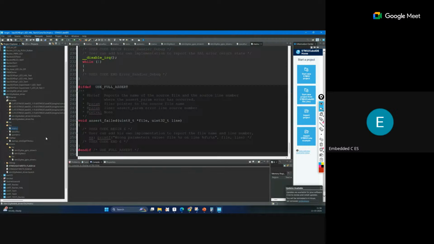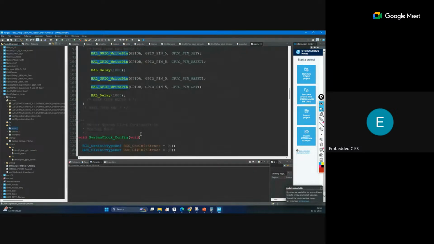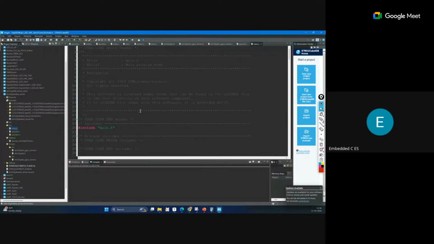But if we are creating our own library, a user-defined library, that will be added in another way. So they have separated the including way. A standard library will always be added with angle brackets, the greater than and less than signs. But if you are writing your own header file and source file, you will include it with double quotes. That is just an identification of whether it is a user library or a standard library.